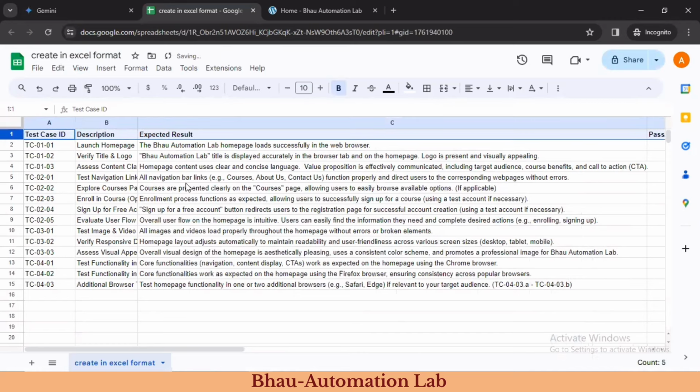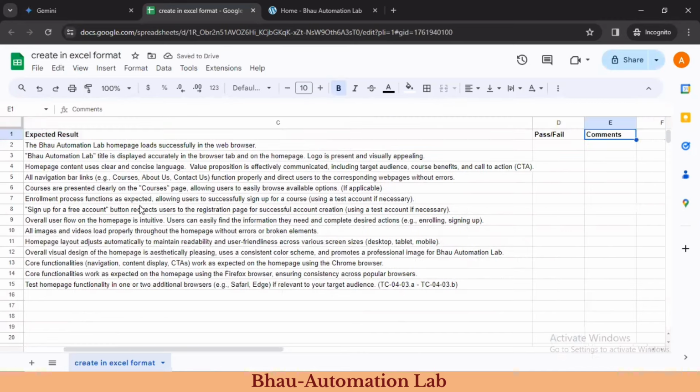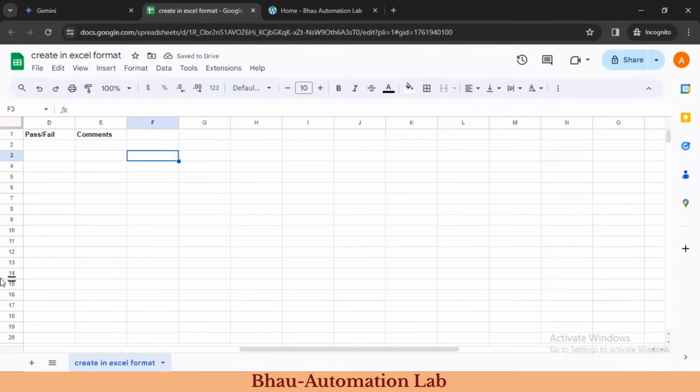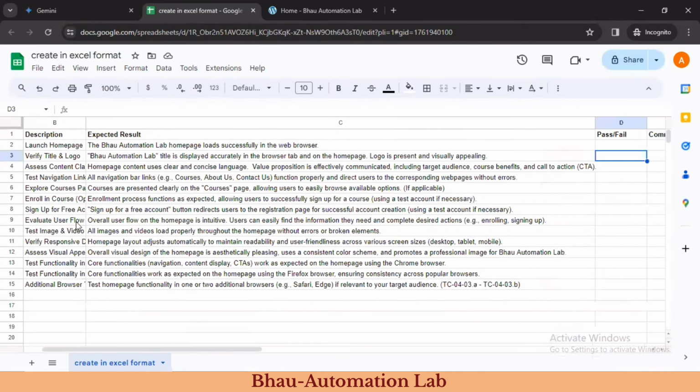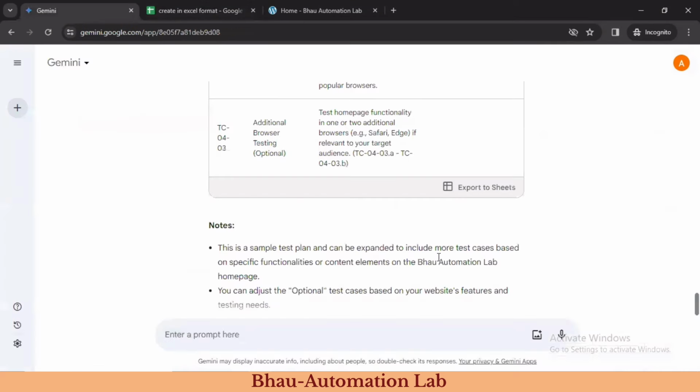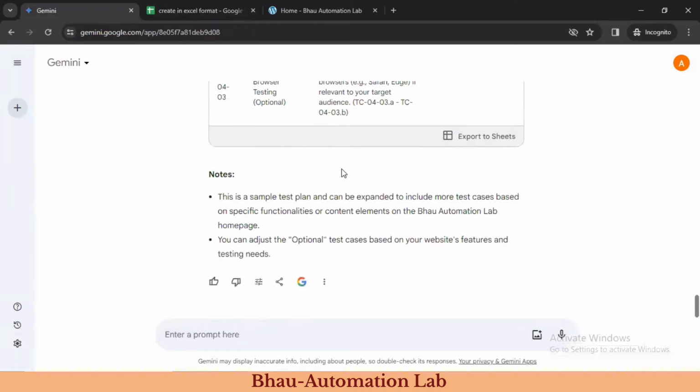Now you just click on bold or whatever color you want, and you can execute these test cases here and write pass or fail criteria. So 60-70% of the time to write the test cases and everything will be saved. So this will directly export to the Excel sheet. Now, if you have created the test cases and executed everything, now I'm asking Gemini AI to create